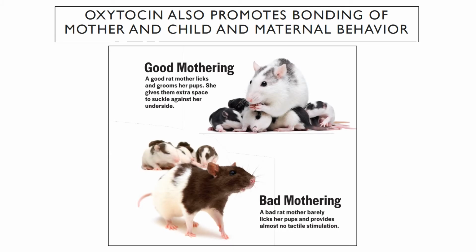So that's oxytocin and its very clear, critical role in uterine contractions. But it plays a role in all kinds of bonding behavior, including bonding between the mother and the offspring. Just like anything that you can measure, especially something complex like mothering behavior, you can find variation. Not all mothers are the same.